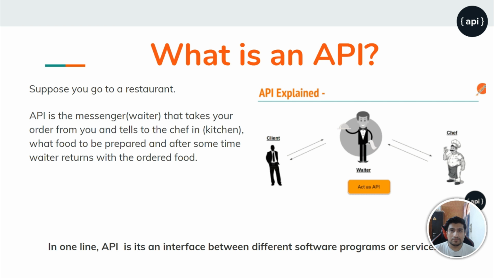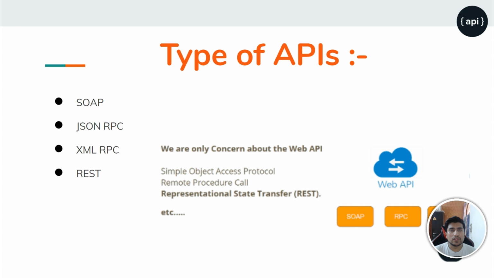As we have discussed previously, an API is just a set of functions, or you can say procedures, right? And if we come up with a theoretical definition, then an API is an interface between any two software applications, right? So let's understand what types of APIs are available when we are thinking about web APIs right now.